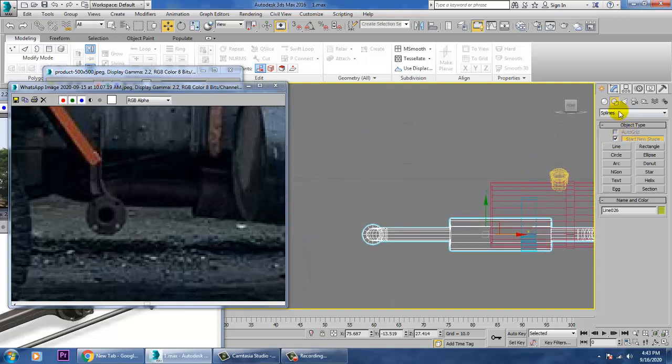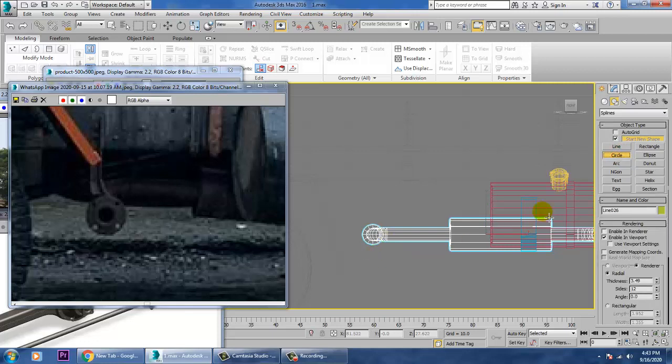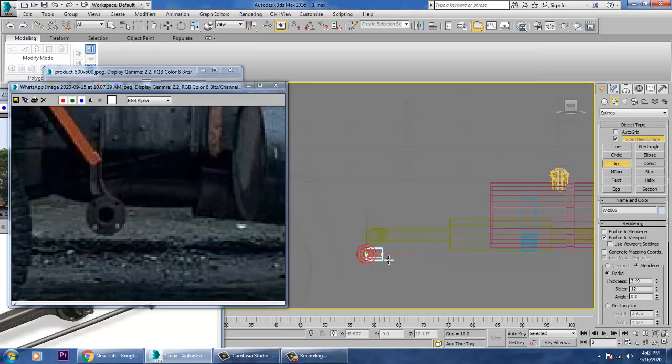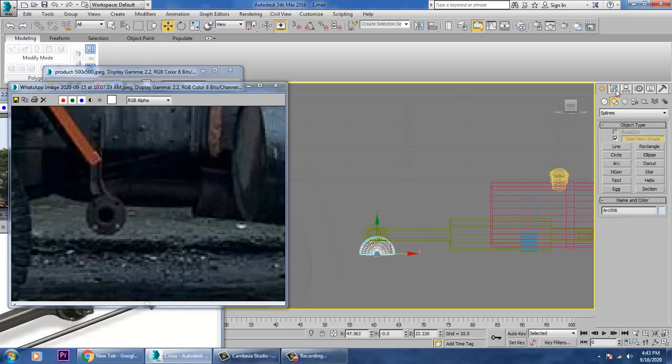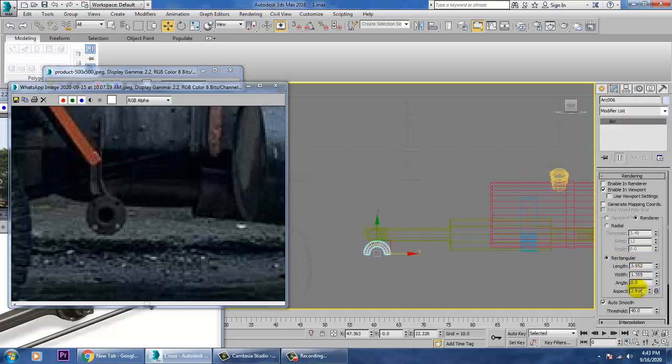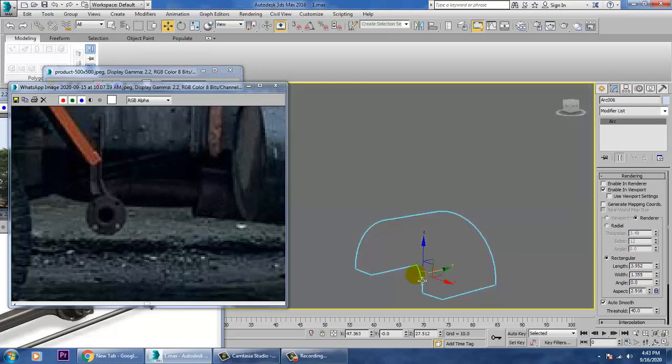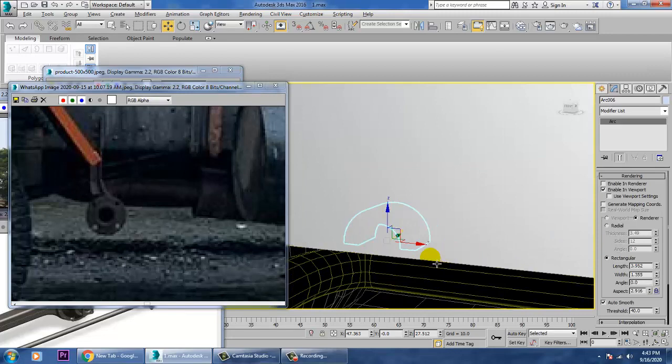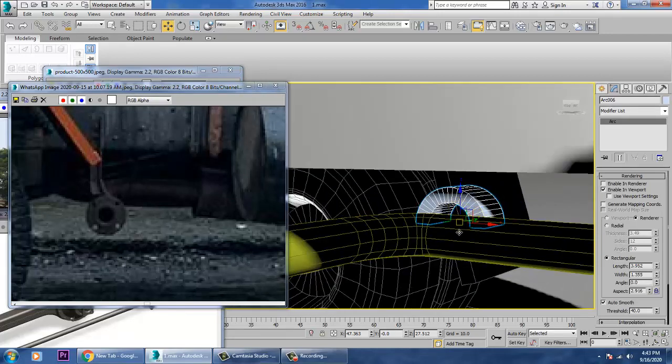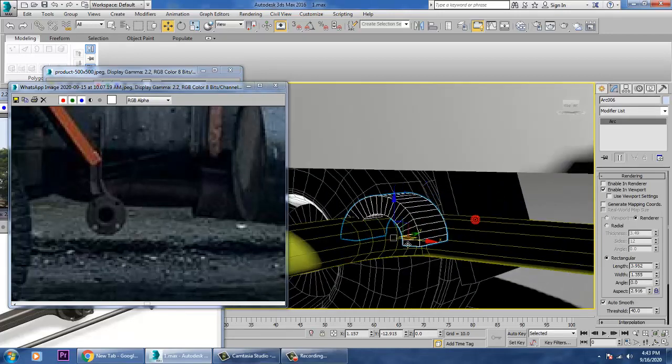So we'll be creating some stuff like, I'll just take one arc over here. I'll go into this arc, make it a rectangular over here. So make sure it fits that area over there.